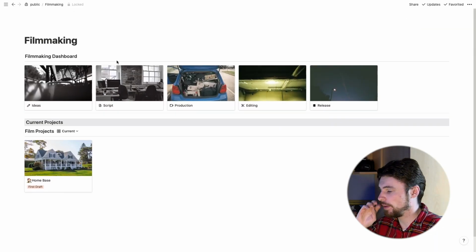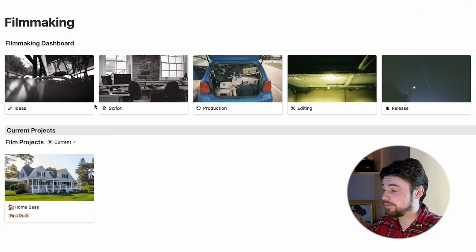This is sort of the homepage here. I've structured everything in this way of starting at the beginning of a film, then going to writing a script, and then the shooting, the editing, and then the release. So I'm going to start off today just talking about these first 2, ideas and script. This is basically idea generation, and then this is scene structure. I'm going to show what all this different stuff does.